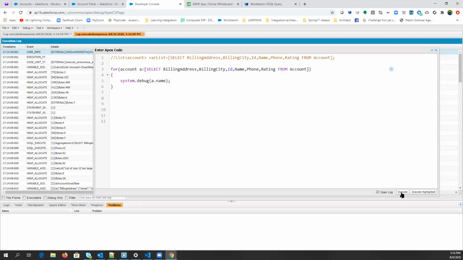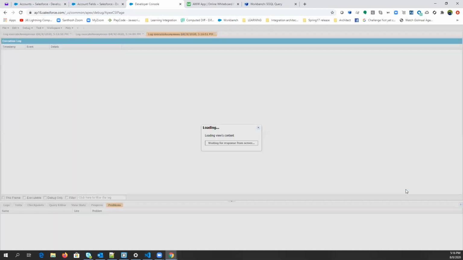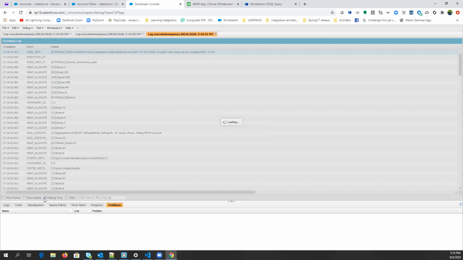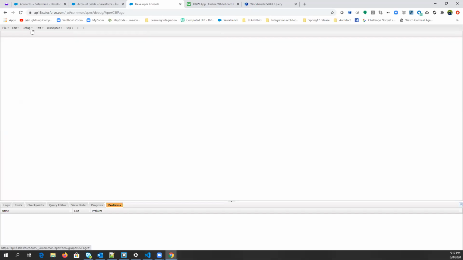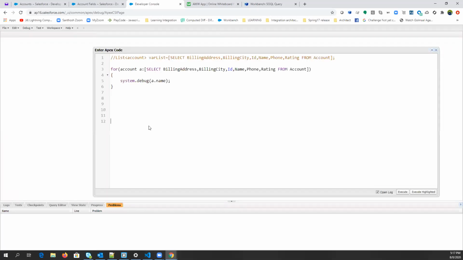So now you can directly run that. See, names are printed now. Clear, guys? So every time we run a query, this is the right method to optimize.